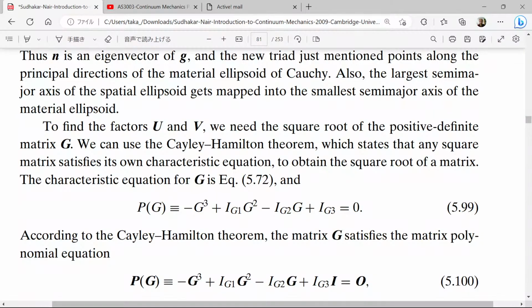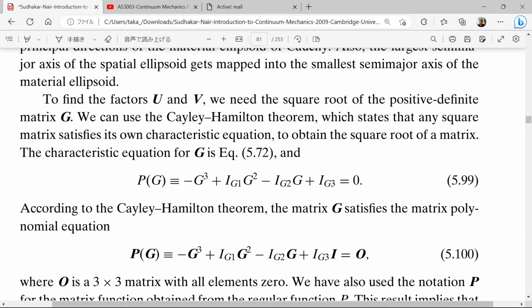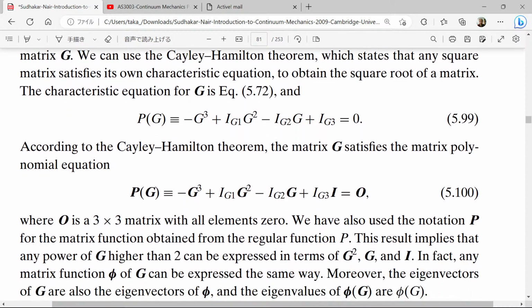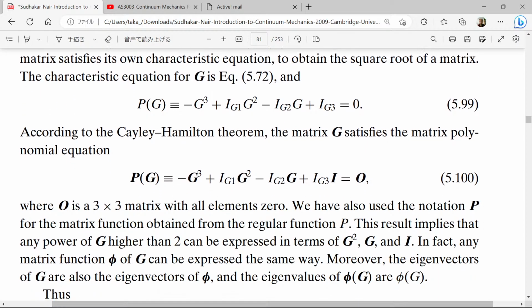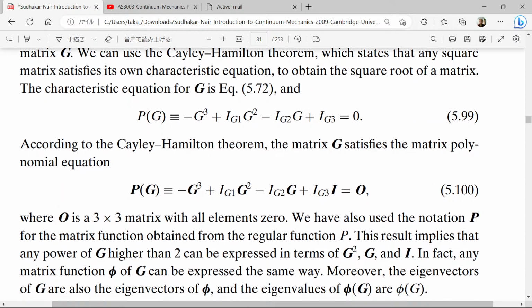For G, we can use the Cayley-Hamilton theorem, which states that any square matrix satisfies its own characteristic equation. To obtain the square root of the matrix, the characteristic equation for G is equation 5.72. So this is the Cayley-Hamilton theorem. According to the Cayley-Hamilton theorem, the matrix G satisfies